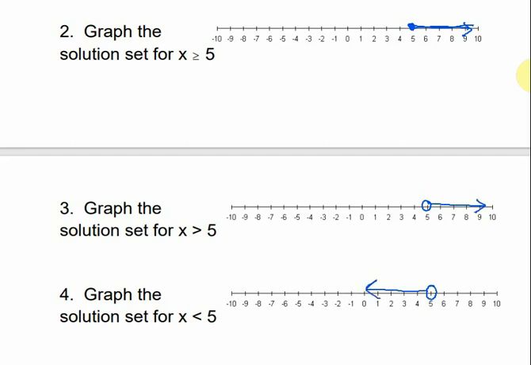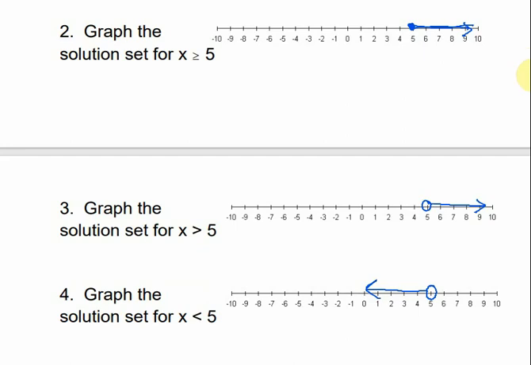Now, to know which way to draw our line, we can only follow this rule if our variable is first, like this, x is greater than 5. If it was written as 5 is greater than x, we can't follow this rule. It only works when the variable is first. So if the variable is first,